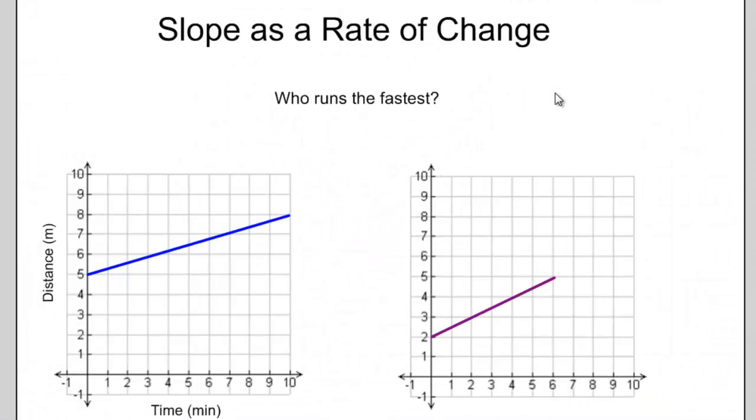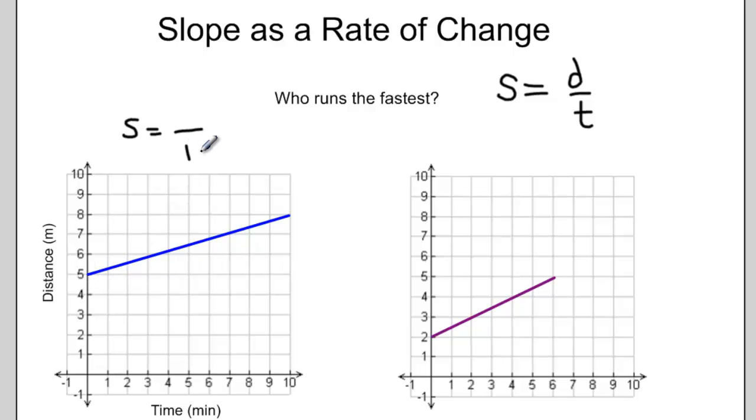I can make this exercise of determining who runs the fastest a little bit trickier by not placing both lines on the same graph. Now we have a little bit more of a challenge in determining which line is steepest. We do know that speed is equal to distance divided by time. So on my two graphs, for the blue line and the purple line, I know for this graph,